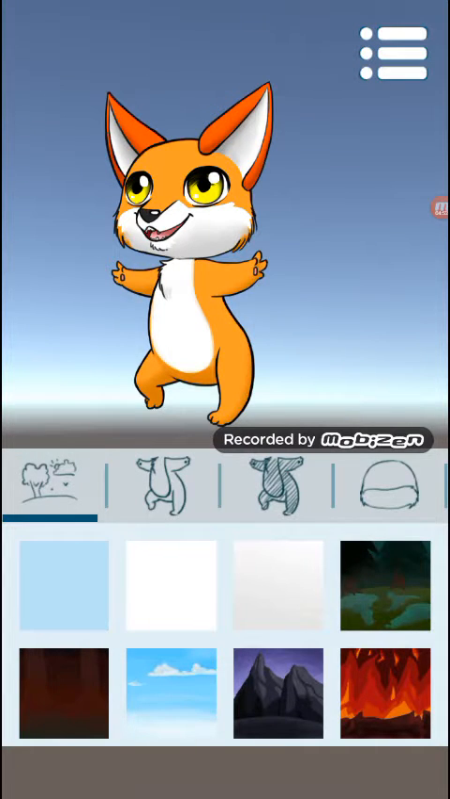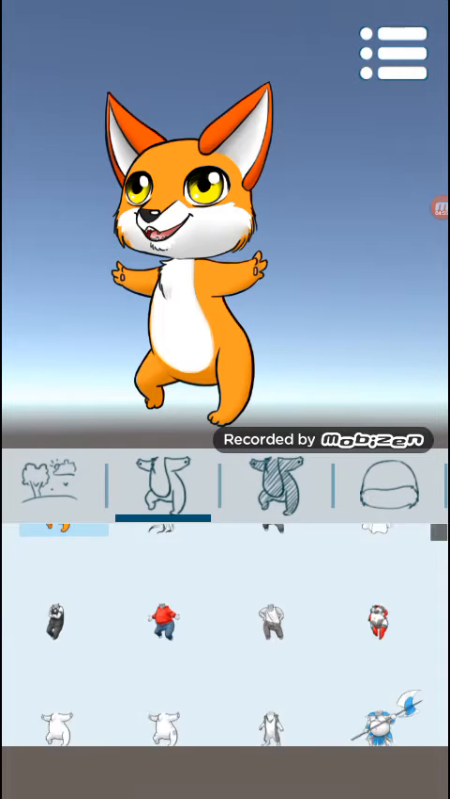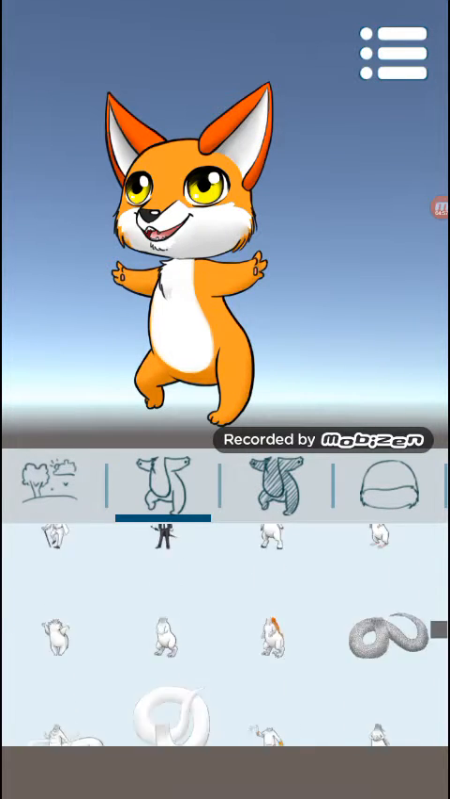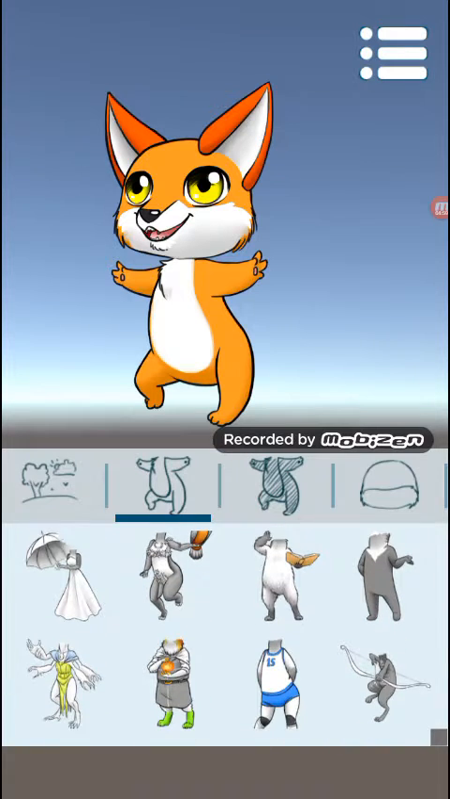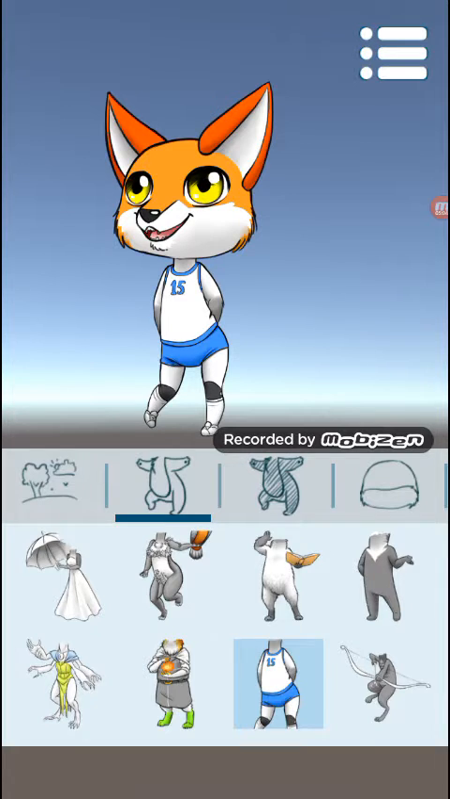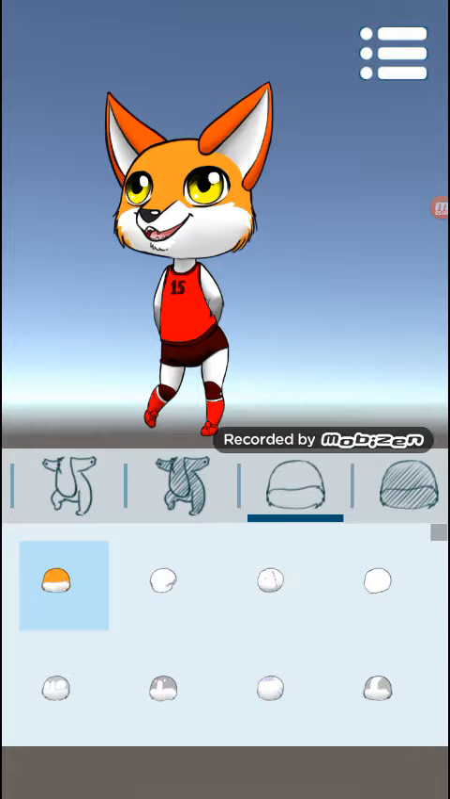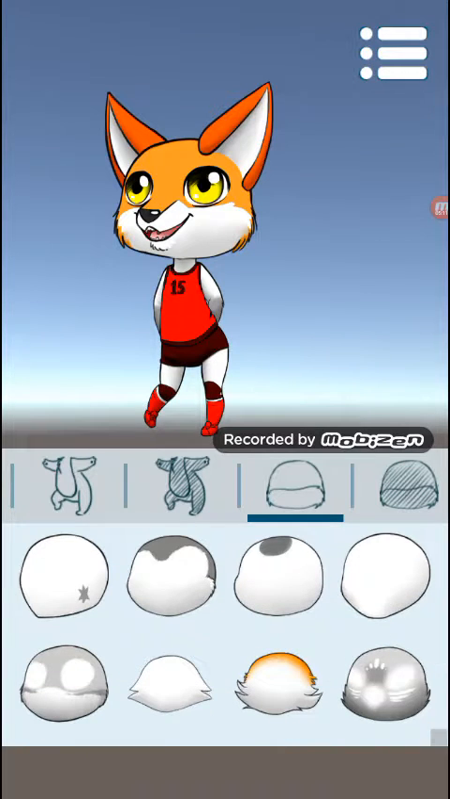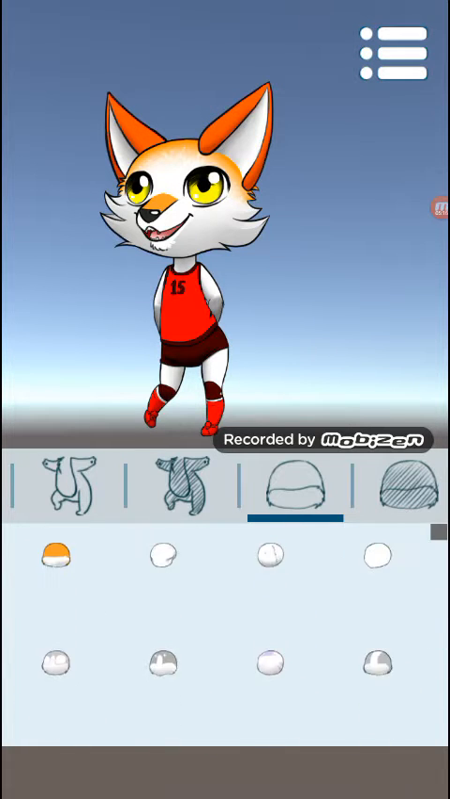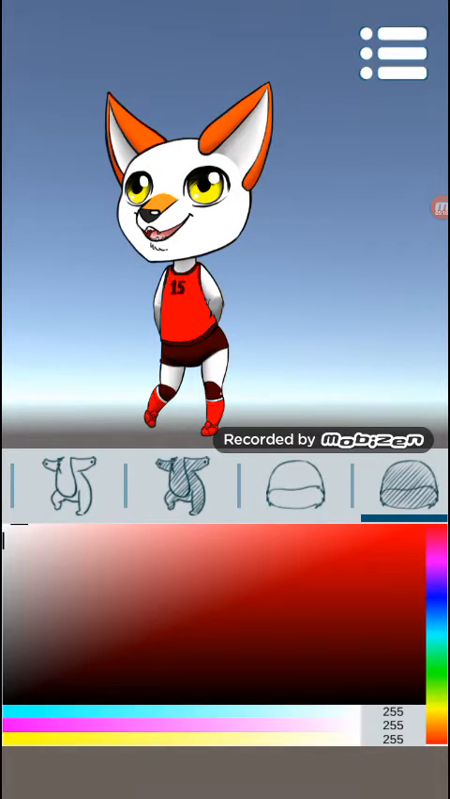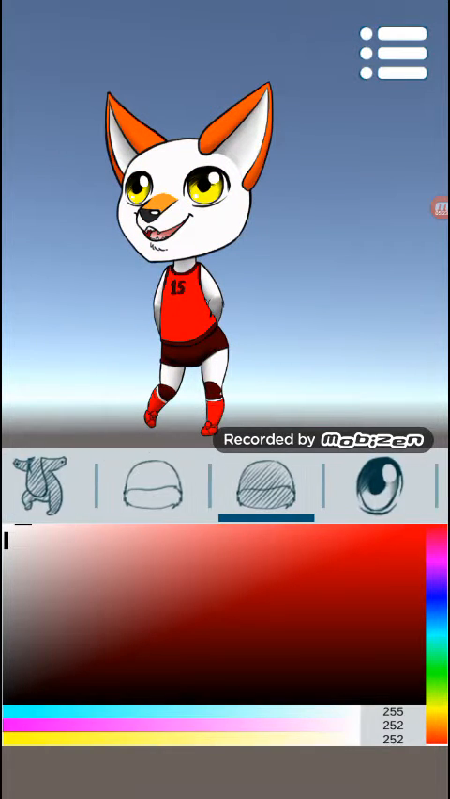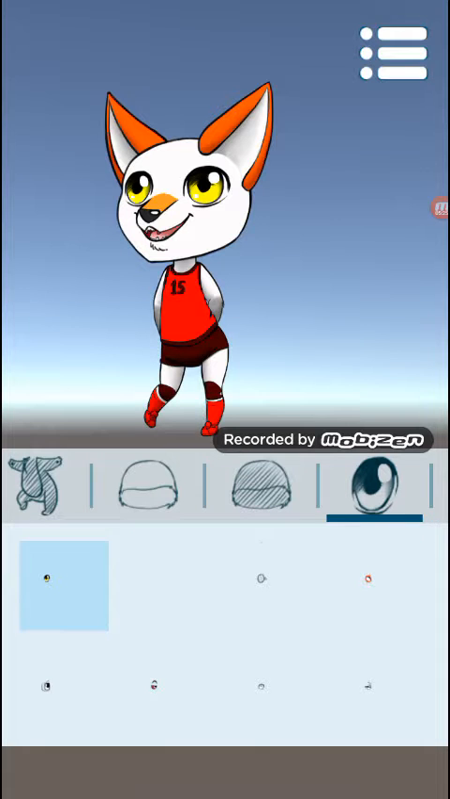So you have body options, and it goes through a variety of bodies. Like this is where I found my sportswear here, and you can change the color to anything you want. And there are a bunch of heads here. You can change your head to like that, and then you can change the color to anything you want. Then you have the eyes,